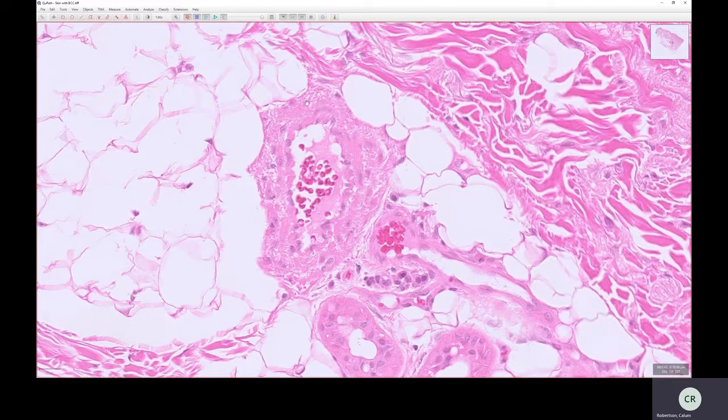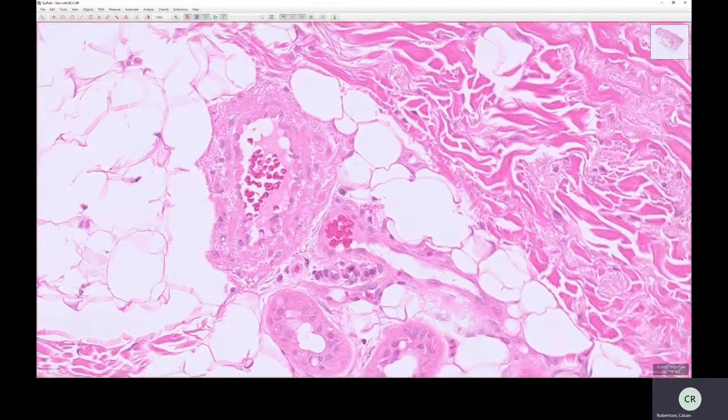The arterioles will have a thicker wall that will contain smooth muscle in it, which allows them to contract to maintain blood pressure, and they operate under higher pressure, the arterial system, whereas veins operate in low pressure and have thinner walls. So this is a vein here because this has got a thin wall, and this is an artery here because